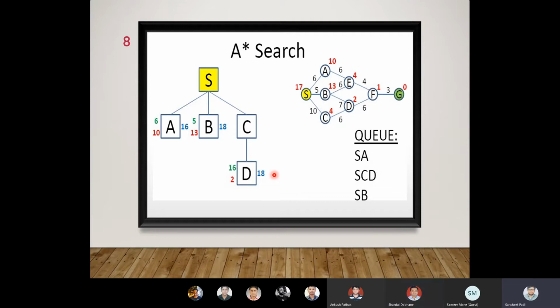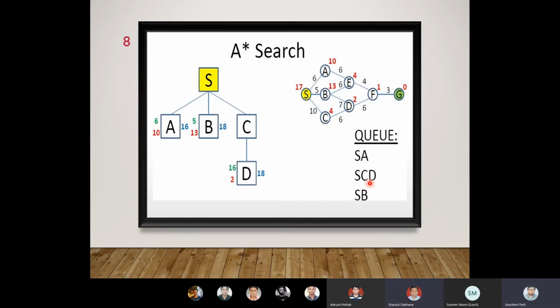When these three nodes are there in the open vector, that is A, B, and D, the algorithm will look for the optimal value. And as we are using a queue concept over here, last in will be the first out, right? So between B and D, both have similar values, 18 and 18 for f of n, but the last push was for D, and hence D would get selected.